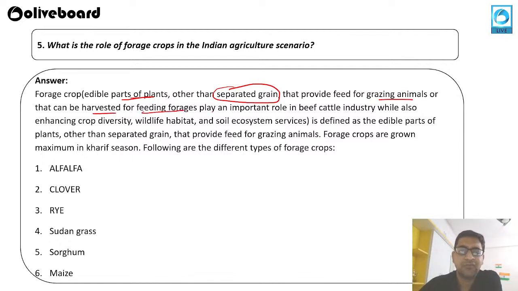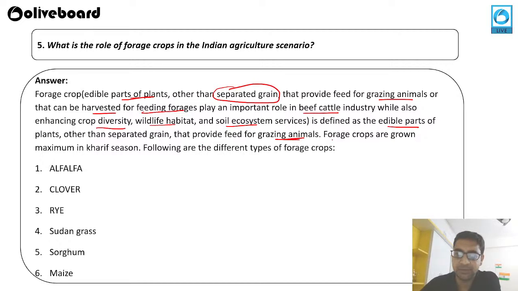Forage plays an important role in the beef cattle industry, which also encourages crop diversity, wildlife habitat, and the soil ecosystem. It is just like when you are separating rice or wheat, some part is left, right? That part we use as a forage crop, which the grazing animals can eat, even beef cattle. It helps protect crop diversity, and it can provide wildlife habitat and soil ecosystem services. So it is defined as the edible parts of the plants other than the separated grain that provides feed